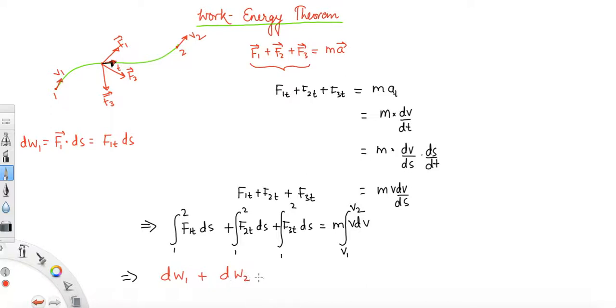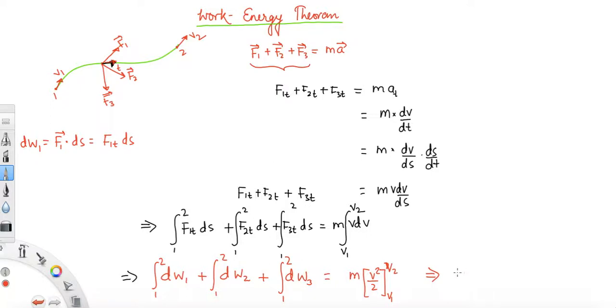Similarly, dW3 is F3t ds, integrated from 1 to 2, and this is equal to m times integral of v dv. The integral is v squared over 2, and if you put the limits v1 to v2, we get